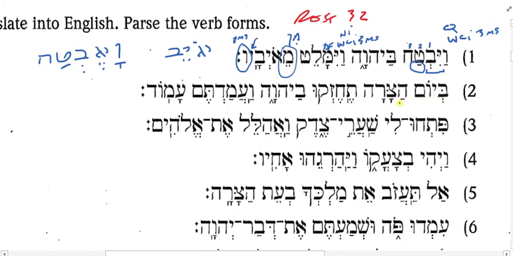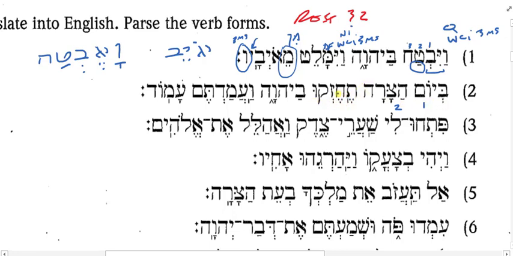In day hatzara. What is hatzara? Who remembers what tzara is? Yeah, it's distress. Is it articular? Yes. So maybe this is a construct chain. Would the form yom look any different if it were construct versus the absolute? No. There's no ending on yom, so I don't have an ending that changes to make it construct, and the vowel is historically long, and can I change those? Nope. Historically longs are unchangeable. So this could be the construct of day. So in the day of the distress, what?